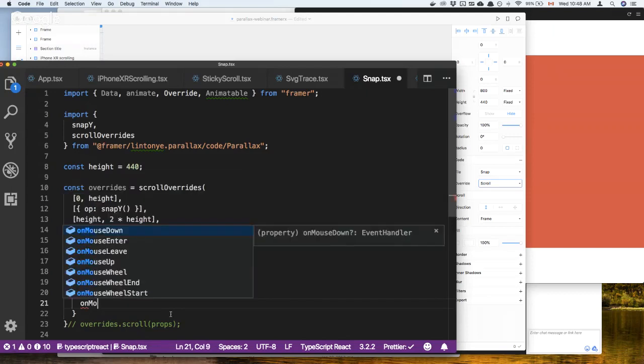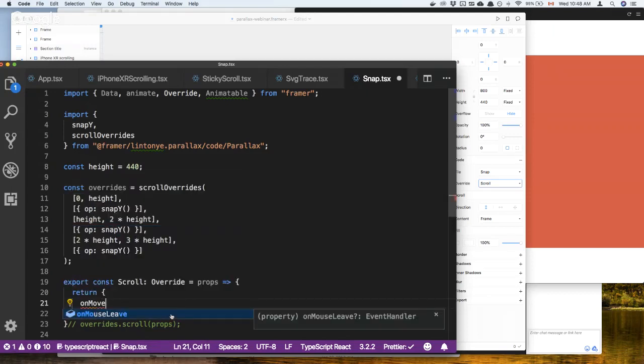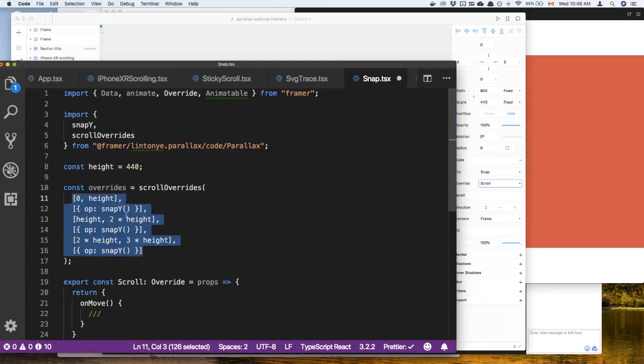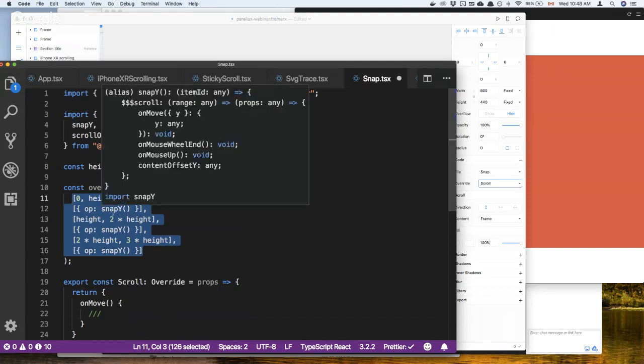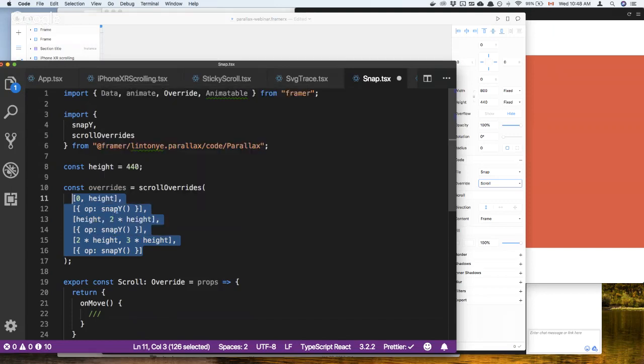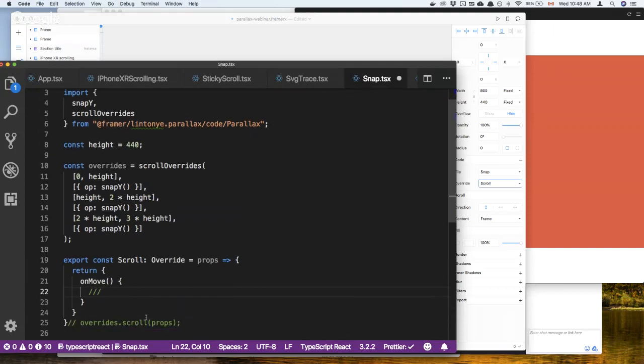So it's going to be on move. And it'll do something based on whatever we specified here. So if it's snappy, we're just going to execute the code that is required by this snap Y. And if it's sticky, we'll do something else, right? But the key thing here is that it's going to return an object